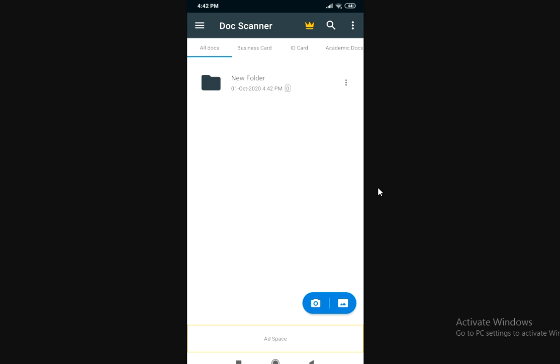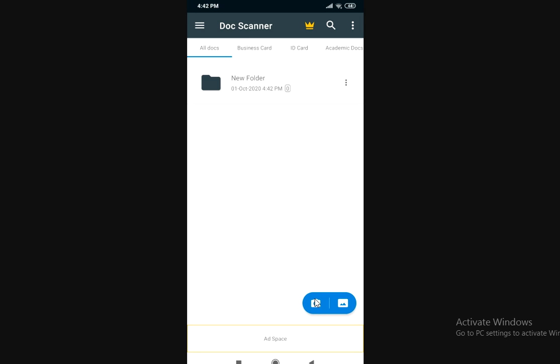of you. Now here you can find two options at the bottom in blue color. One is the camera option, the other one is the gallery option. Most of you are using the gallery option to use those images which you have captured of your answer sheet. I'll suggest you to use this camera option. By using this camera option, you can directly click the pictures of the answer sheet which you are sending to